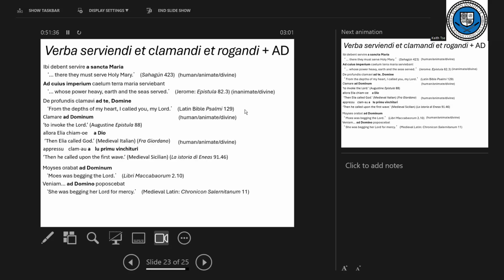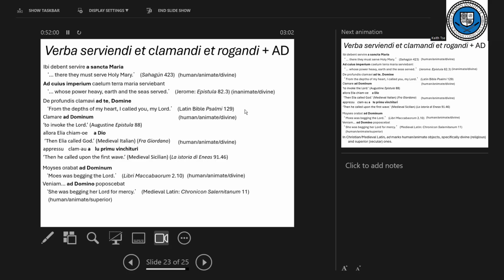All right, so Moses orabat ad dominum. Okay, so Moses was begging the Lord. So this is human, animate and divine here. Moses was begging the Lord, which is a divine figure. However, in the